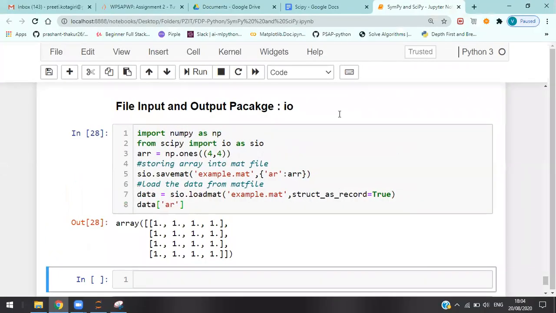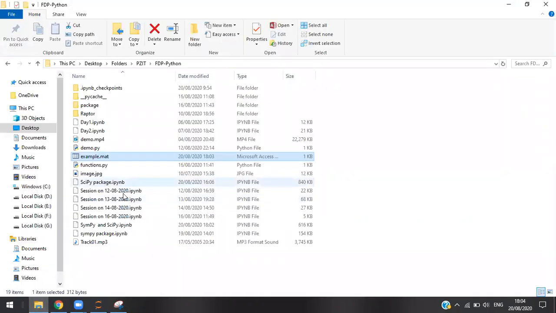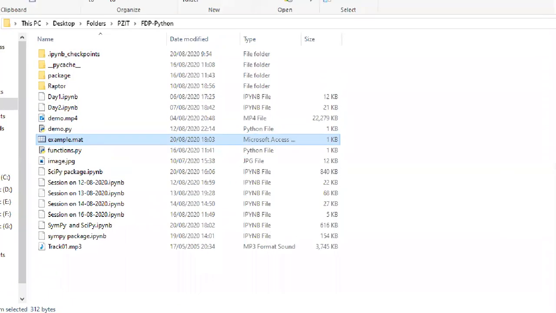Let me go to my folder where I have created this SymPy and SciPy. Now, if you go to that, you'll find a file with the name example.mat.